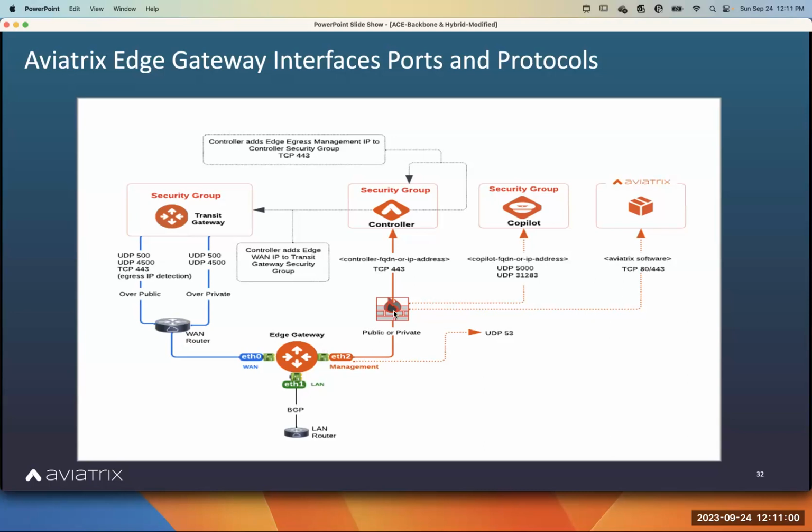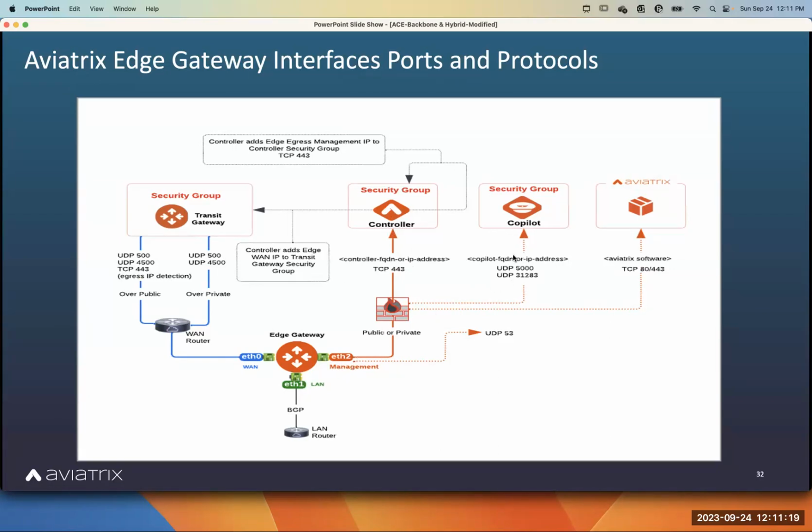And with that firewall, you need to allow TCP port 443 to the controller IP, right? Because the edge gateway needs to communicate with the controller using TCP port 443, controller FQDN or IP address, you need to allow that. And the same thing